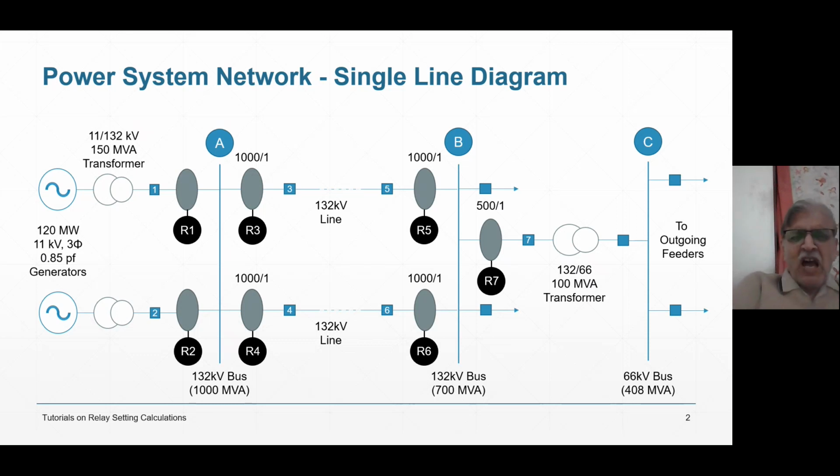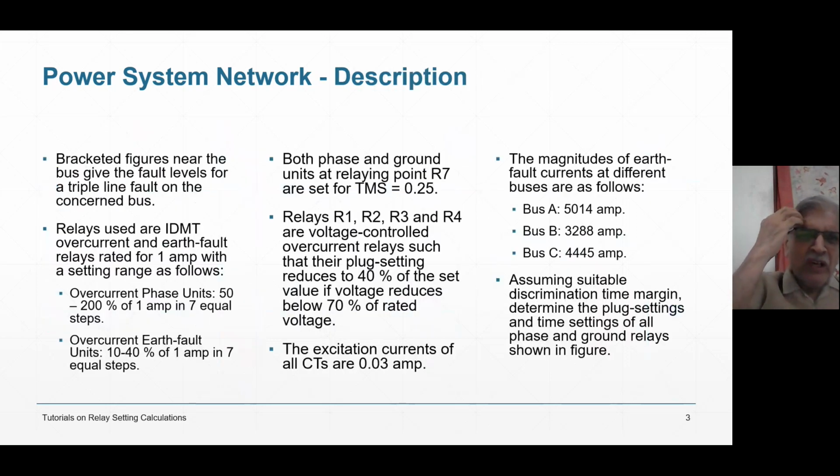The fault currents for three-phase faults are given as: on bus A it is 1000 MVA, that is fault level in MVA; on bus B 700 MVA; and on bus C 408 MVA. So this is, my friend, our example, our numerical. Going further,